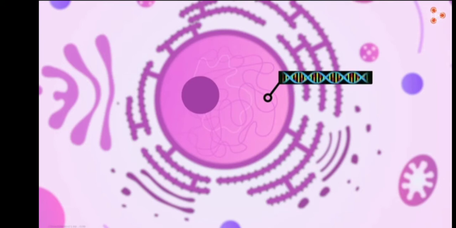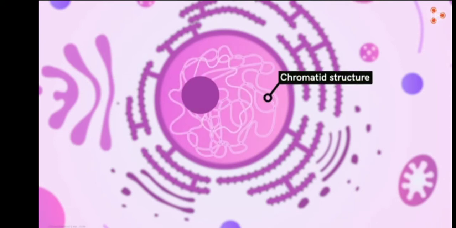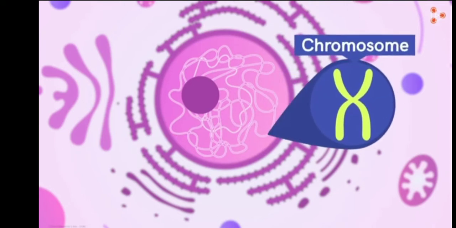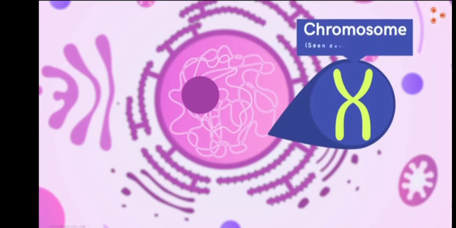Inside the nucleus, our genetic material is present, that is the DNA. But we cannot see the DNA through the microscope. Inside the nucleus, thread-like structures are present, which are known as chromatin. This chromatin will double itself, undergo protein synthesis, and become the chromosome in the metaphase.